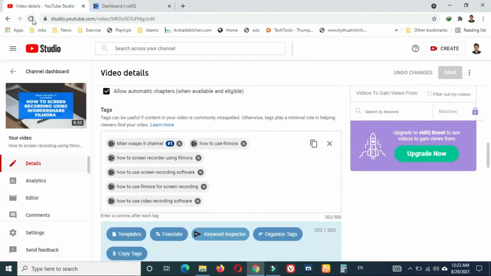After that we can click on the refresh button. After clicking the refresh button, you can see YouTube Creator Studio is refreshing and opening again.